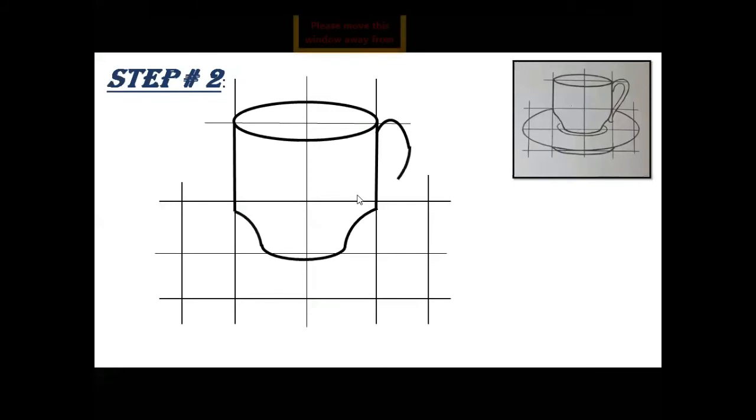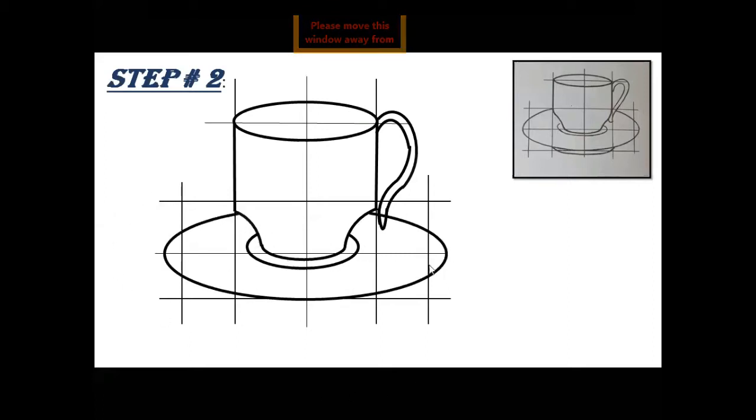Now we will try to draw a handle for it. So this one is the handle. I hope it is clear, students. Now we will draw the saucer. For drawing a saucer, you will take a curved shape around the base of the cup, and there is another curved shape and a big curved shape to draw a saucer. And at the end of this oval shape, you will draw another curved shape which is used as a base of the saucer. Okay, student, I hope it is clear.